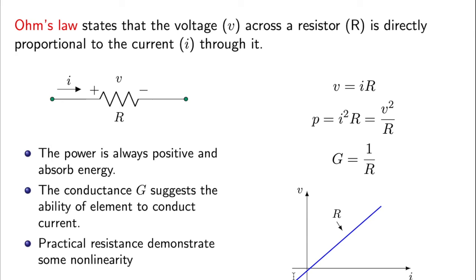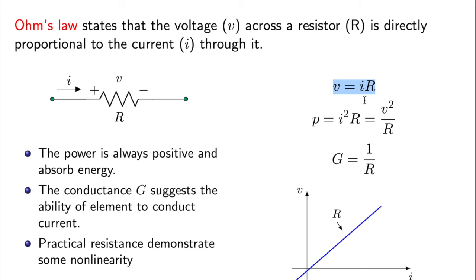These electric resistors are made of metal alloy or carbon compound. If you recollect Ohm's law, it suggests that the voltage drop across the resistor is directly proportional to the current through it. So this is a representation. Current is entering from the left, so the left terminal is positive with respect to the right. It is experiencing a voltage drop. The power, V into I, is always positive for the resistor, and it is continuously dissipating the energy.